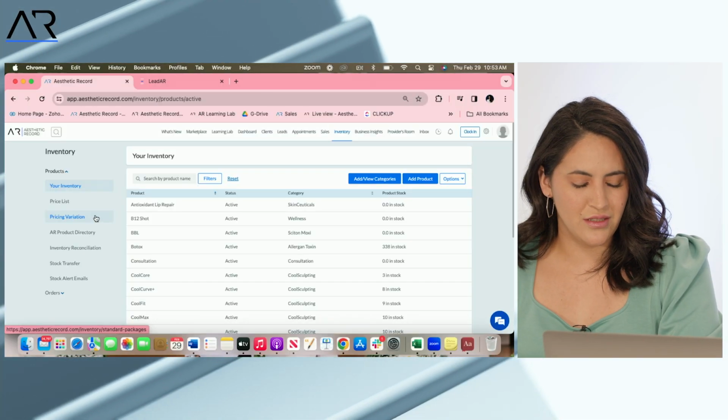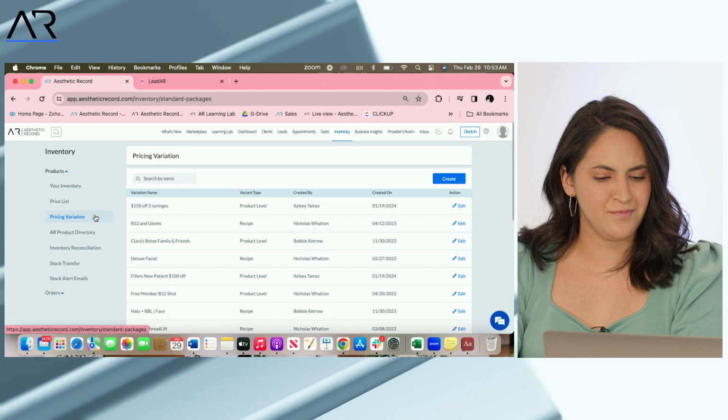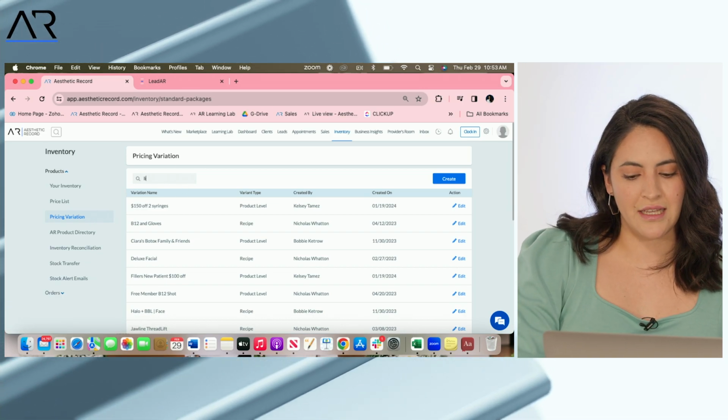You might be wondering, what if I use Botox for multiple areas of the face, such as a lip flip? Kelsey, how would I check that out in Aesthetic Record? In Aesthetic Record, it's important to add pricing variations. If I click into pricing variation and I search for our example lip flip,